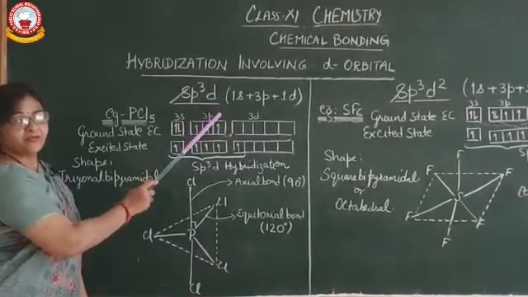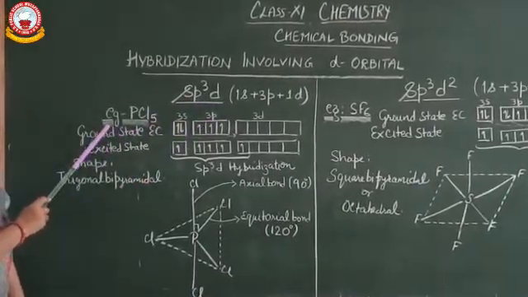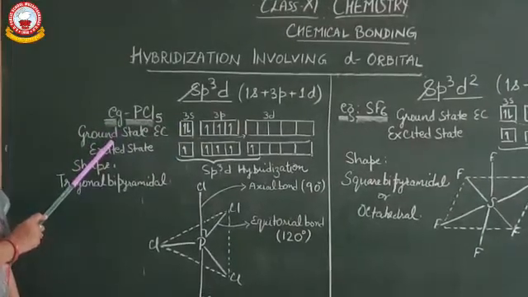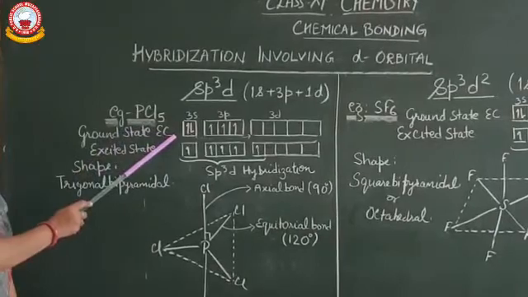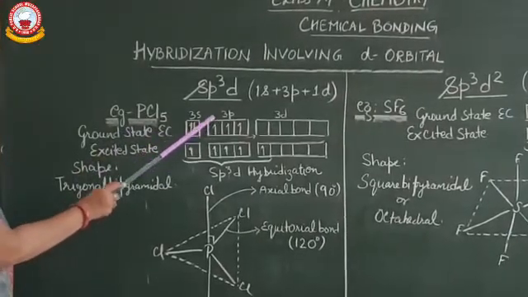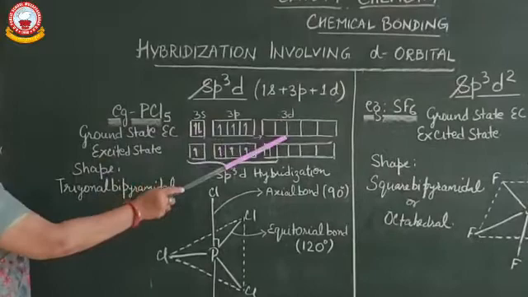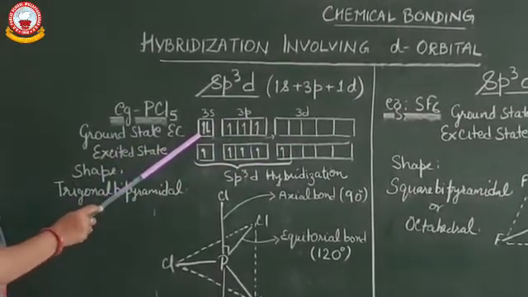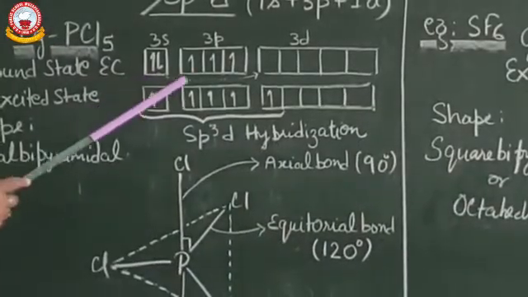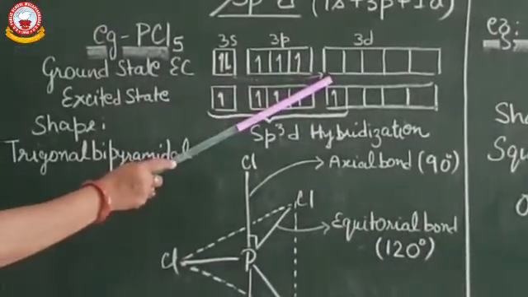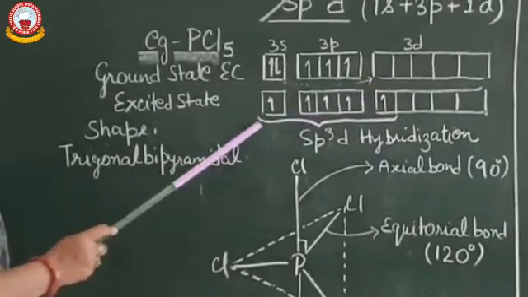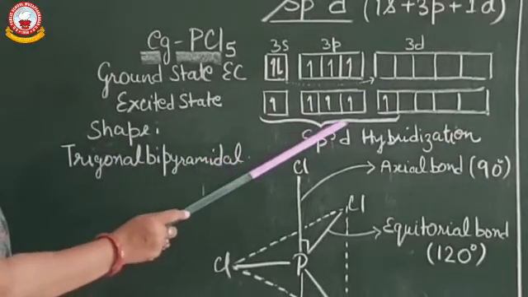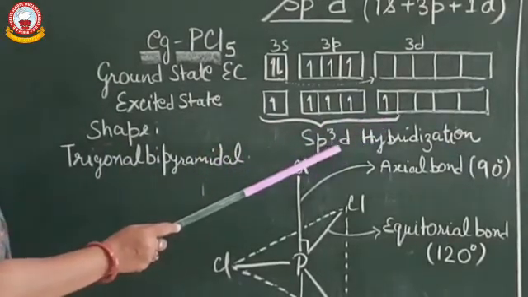sp3d hybrid orbital. For example, in PCl5, in ground state electronic configuration of phosphorus, we have valence shell configuration 3s2, 3p3 and 3d0. In excited state, one electron from 3s orbital shifts to 3d orbital to show pentavalency in which 1s, 3p and now 1d orbital combine to form